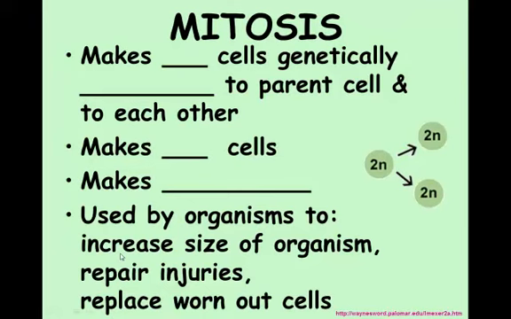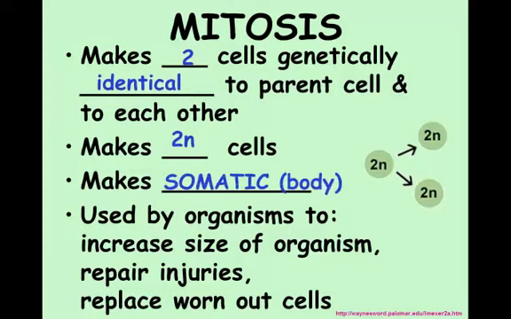Okay, so let's compare a little bit just in general. Remember when we did mitosis, we're making 2 cells that are genetically identical. They're the same as the parent that we start with. They're the same as each other. And we're making what we call 2N or diploid cells. This is the way body cells make more body cells. And we're making somatic or body cells,